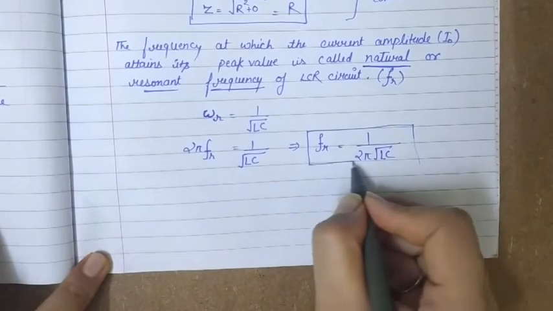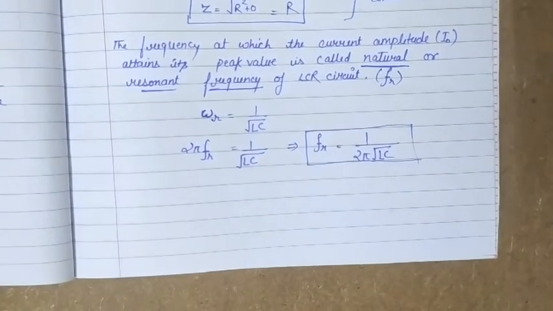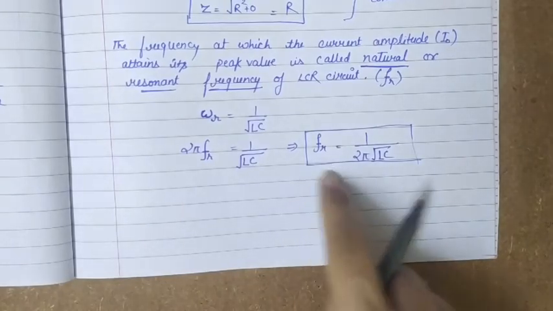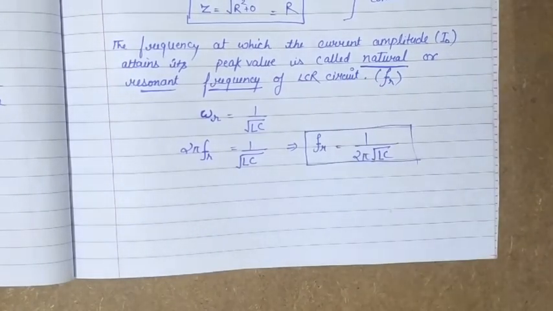So this is the required natural or resonant frequency of the LCR circuit. If our circuit is working on this frequency, then we are going to get resonance in that series LCR circuit. So the resonance condition is when the current through the series LCR circuit has its peak value or maximum value, meaning when the amplitude of the current is at its peak, then that condition is called the resonance condition for that circuit,